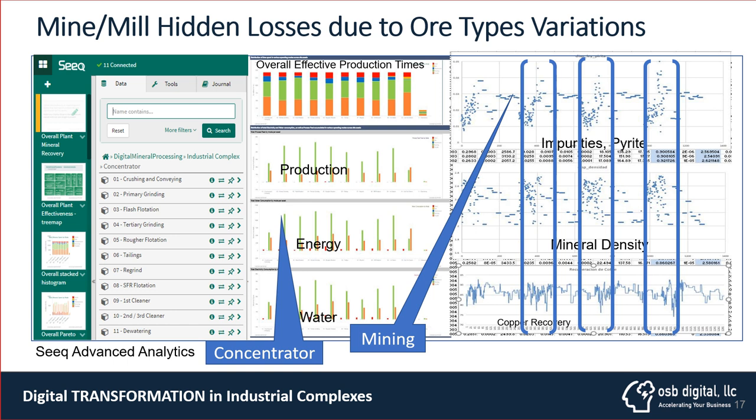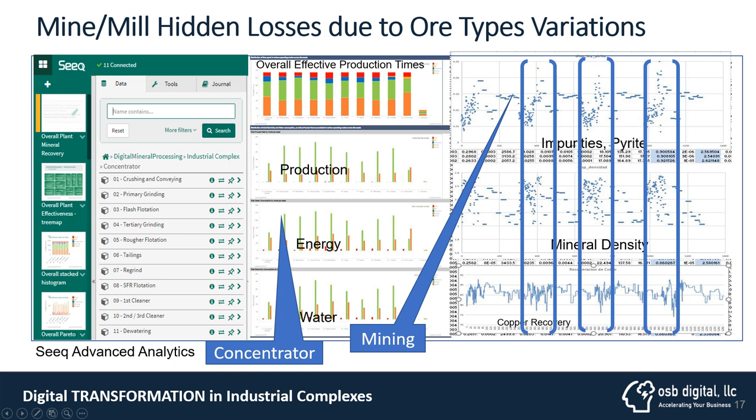This shows an example using SICK in which we have created the plant. As you can see on the left-hand side, we have all these objects which are doing all the calculations in real time and enable us to see and to aggregate the data when you have these impurities, let's say pyrite in this case. You very clearly see, when you analyze the inputs to the concentrator, the changes in mineral density, and you can see how the recovery has been fluctuating due to the changes in pyrite or in the density of the mineral. It's very evident.